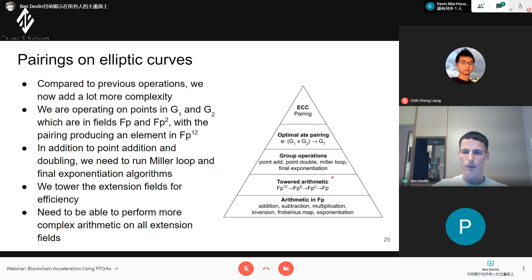This gets us some efficiency in the algorithms, but it's another level of complexity. And then finally, we need to be able to implement addition, subtraction, multiplication, inversion, but also some new things, like the Frobenius map, as well as exponentiation.